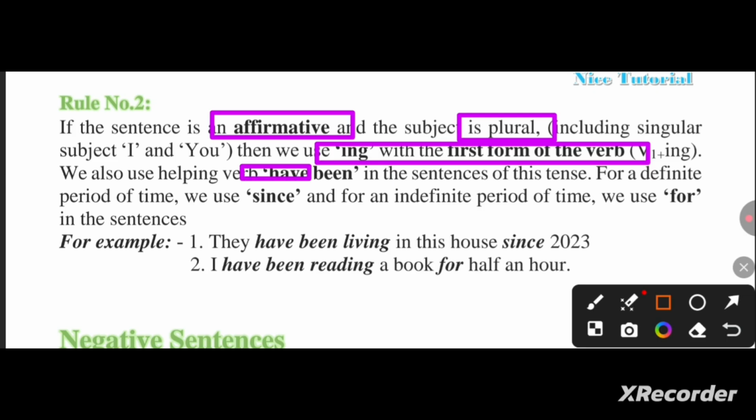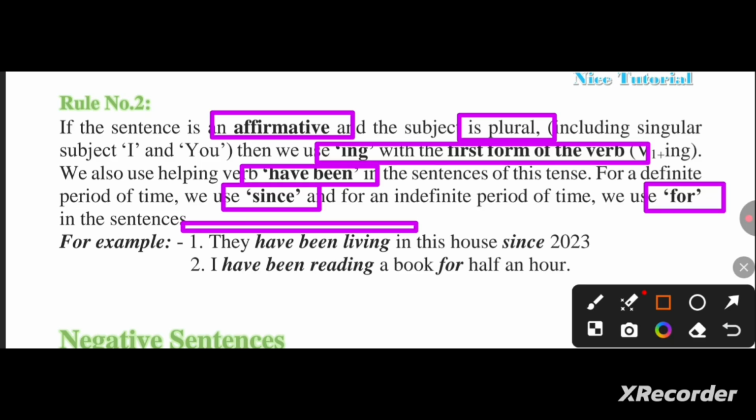Helping verb have been is generally used in this type of tense. And if the period is a definite, then we use since, and if it is an indefinite period, we use for. Here we can see in the example, they have been living in this house since